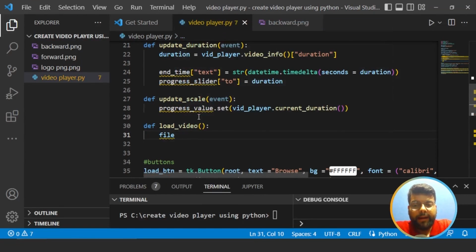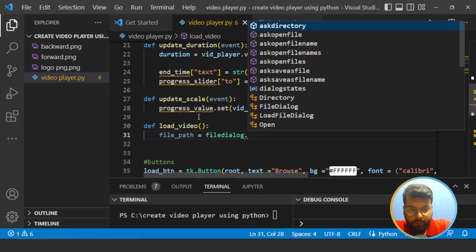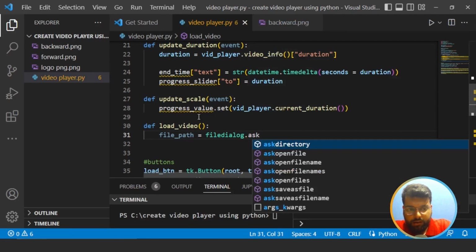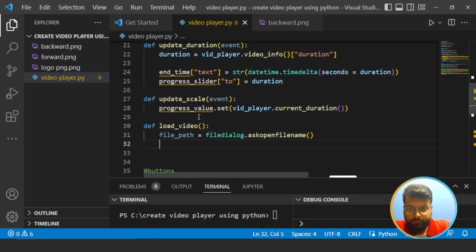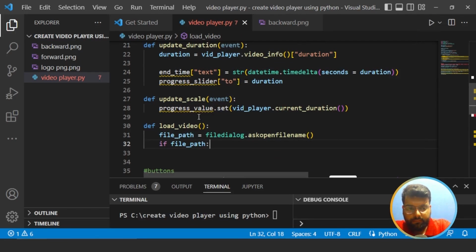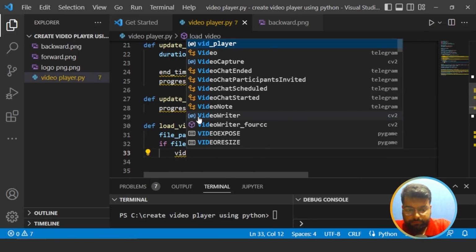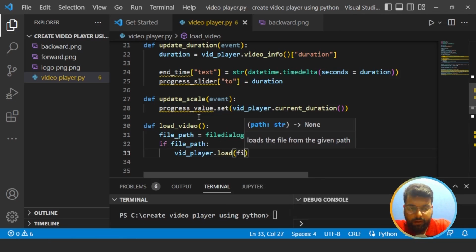So this function would be adding the functionality to the browse button. For that, we will create a variable named file path and use the file dialog class and the function ask open file name, and inside, if file_path and if video player is loading the file path,